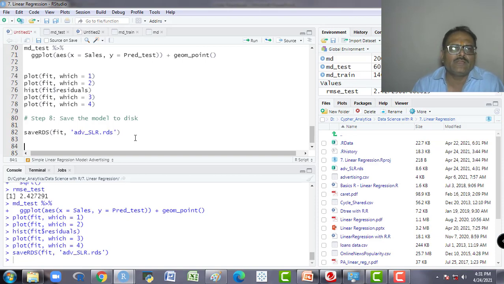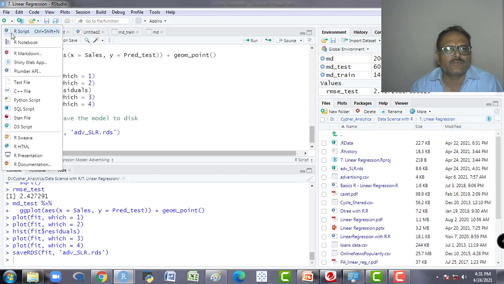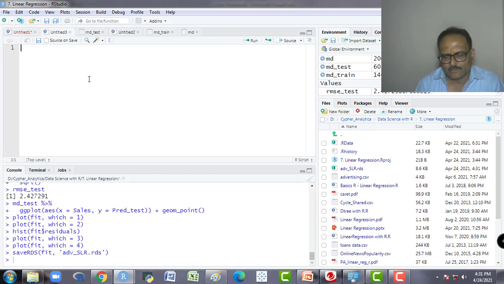How could we use this again whenever we want? You could use it anywhere. Suppose we are in some other script and I want to use this model. I am using this model as an SLR model, and this is the name of the model I am giving.